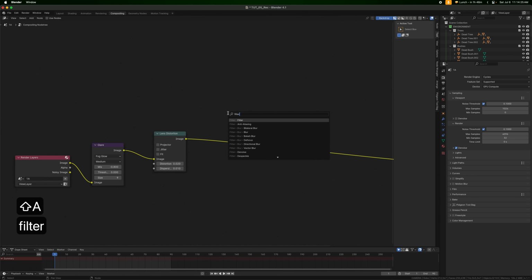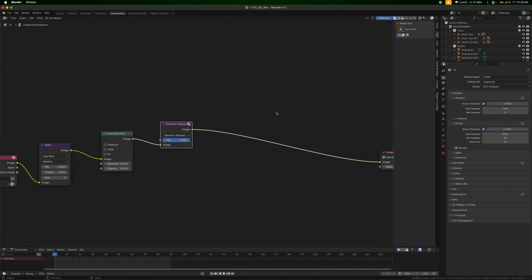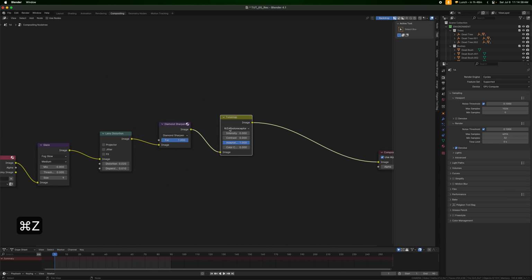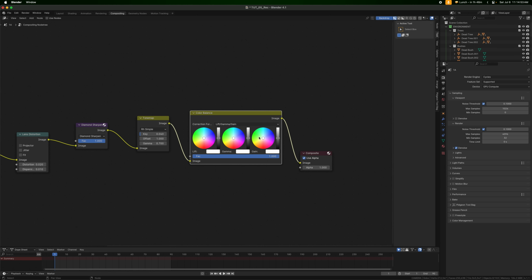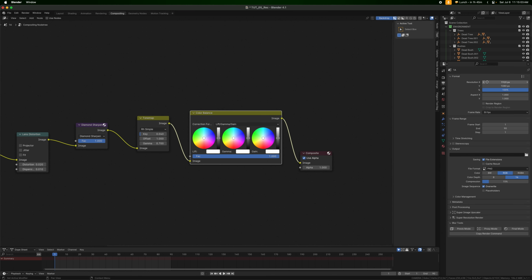Next we're going to apply a filter and set the type to diamond sharpen. Then we're going to apply a tone map, set the type to Rh simple and the key to 0.04 and the gamma to 0.7. Then finally we're going to apply a color balance node, and for that we need to see the image first. Go over to the render tab and select 0.04 for the noise threshold. Then head over to the resolution and set it to 100 so we have a low resolution preview for compositing,